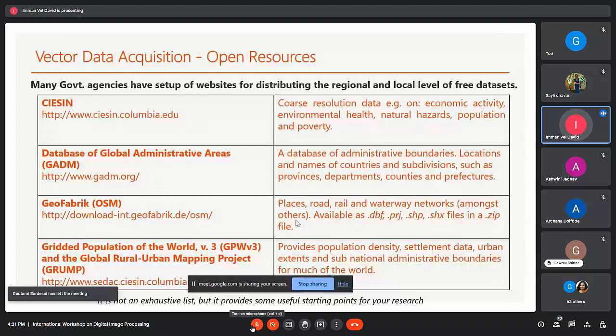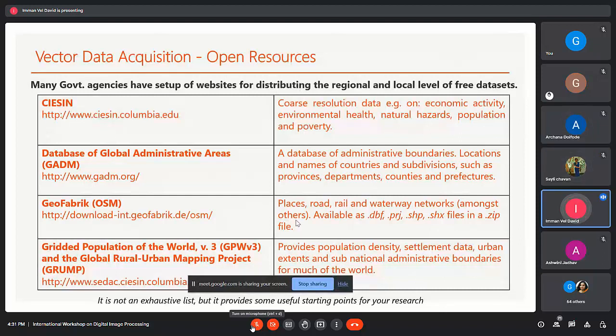Okay, so here first we see SEDAC, a website from Columbia, which produces coarse resolution data on economic activity, environmental health, natural hazards, population and poverty.